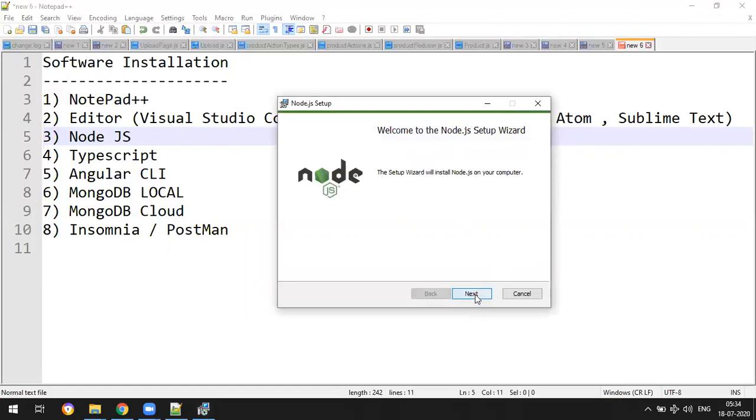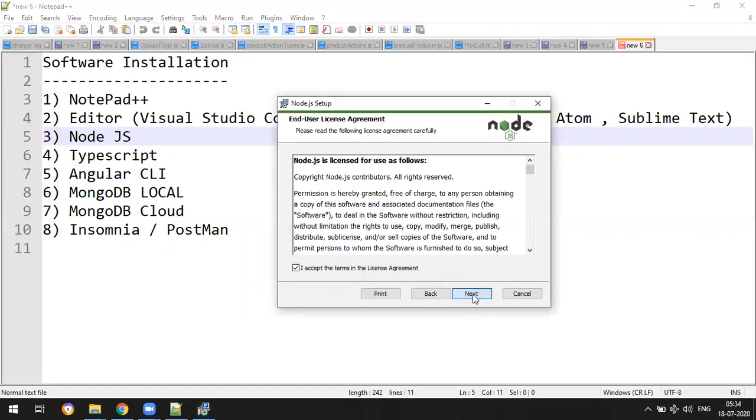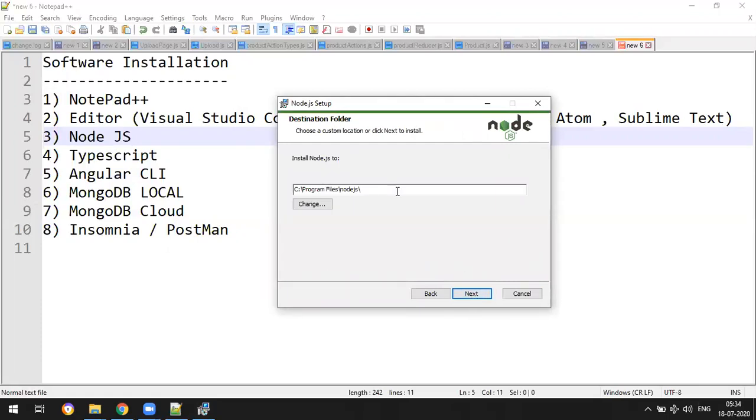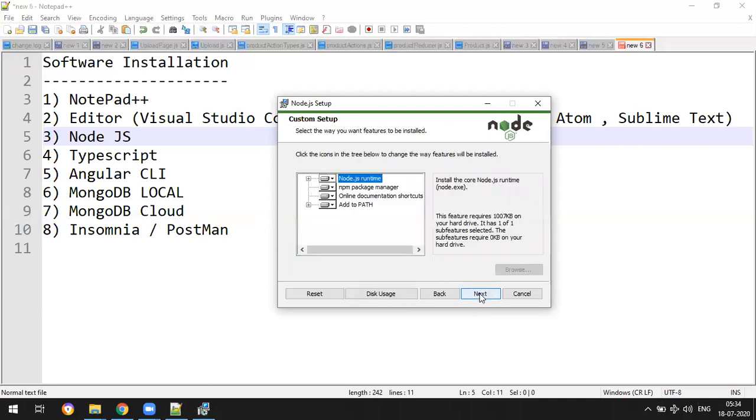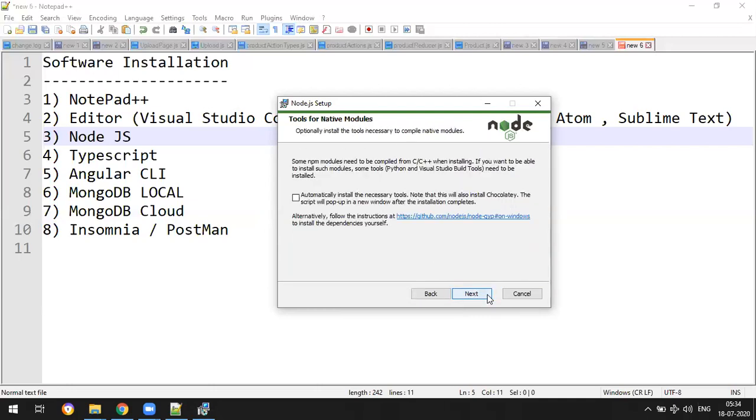Click on next and accept the license. Click on next, and you must install the program files as is. Don't change the path and click on next. Click on next. Yeah, this is very important.